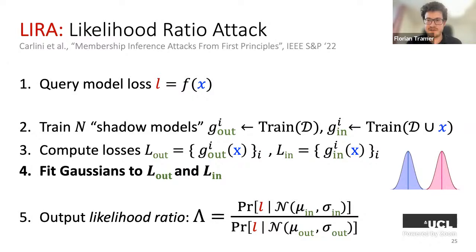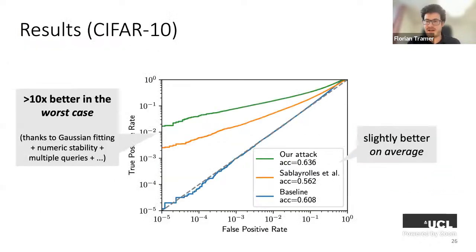And so, how well does this work? This is how well our attack works on a well-generalized model on CIFAR 10. Again, what's interesting is that if you look at the attack performance on average, if you just look at the balanced accuracy of our attack, it's slightly better than the original baseline attack we started with, but not noticeably so. And so again, this is just not the right way to evaluate whether a membership attack works or not. But if we look at how the attack performs at low false positive rates, it's doing much, much better. It's doing like 1,000 times better than the baseline attack, and maybe like 10 times better than